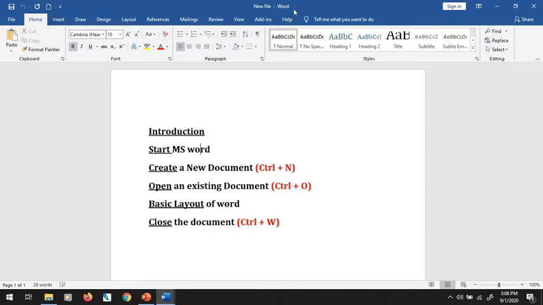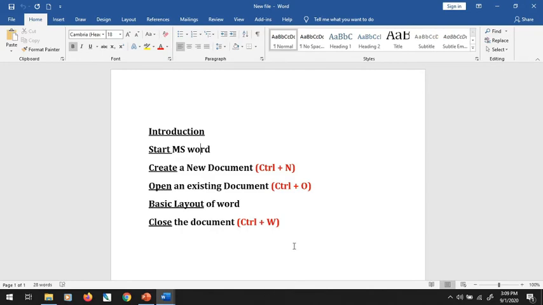Now below the title bar, there is a ribbon which has some tabs like Home tab, Insert tab, Draw, Design, Layout, References, and more. And under every tab there are different groups of commands. Like under the Home tab there are different kinds of groups like Clipboard, Font, Paragraph, Styles, Editing, and under the Font group there are multiple commands by which we can perform any action in our document.